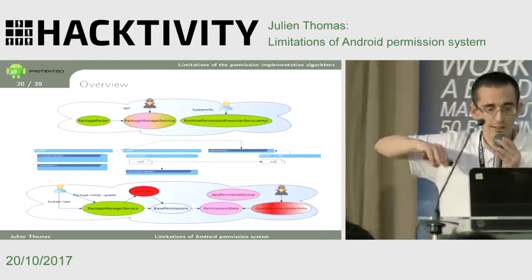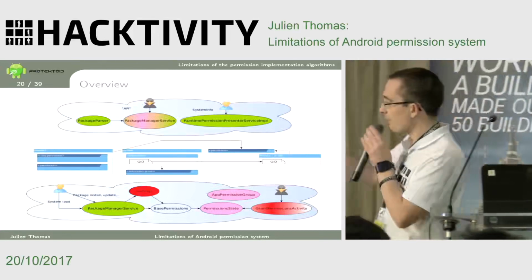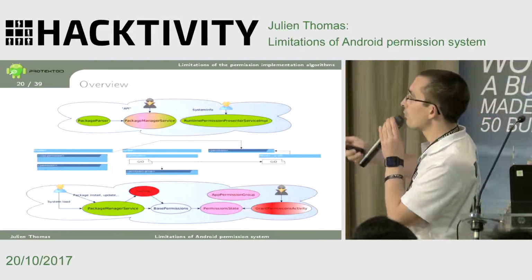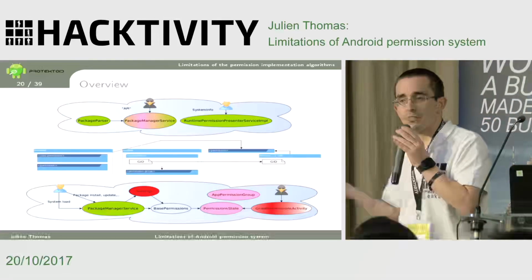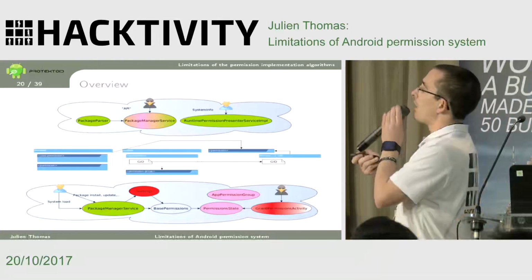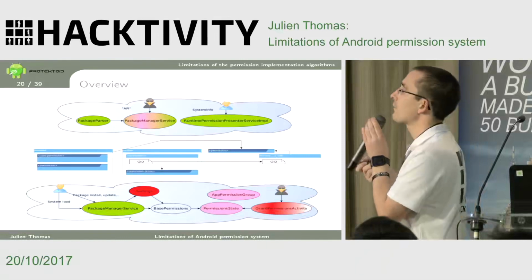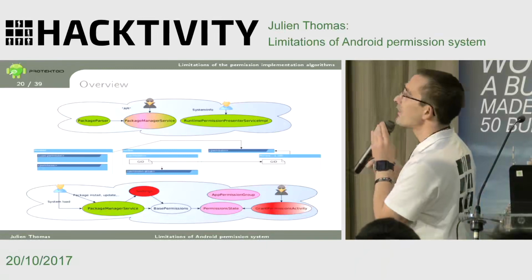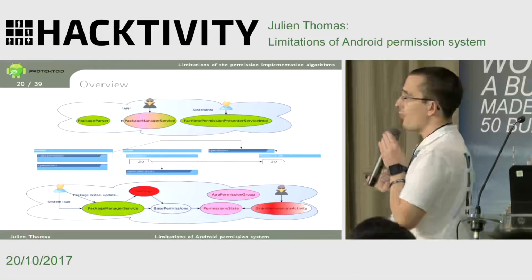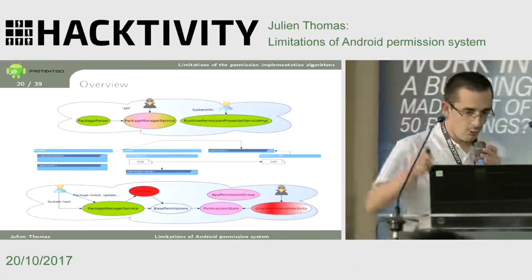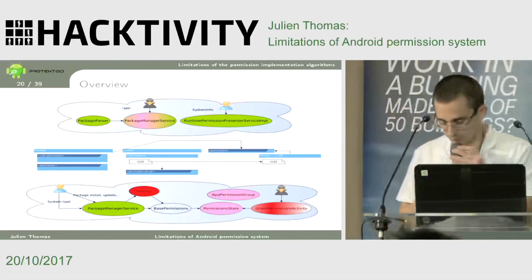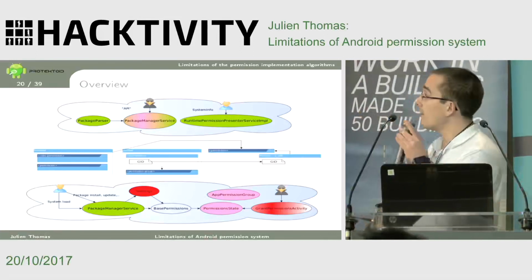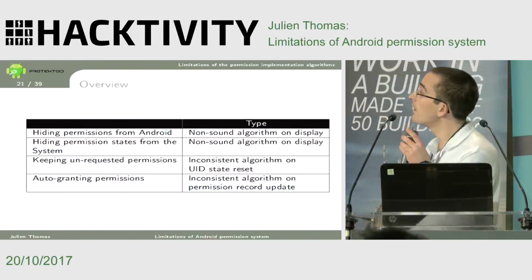I will just go back to that after. Basically, on the model I explained, I tried to put some colors to say where it is good, where it is not good, where it is debatable. So green is good, pink is debatable, and red is bad. So we see that we have quite a lot of places and a lot of things that we can play with. And this is interesting.